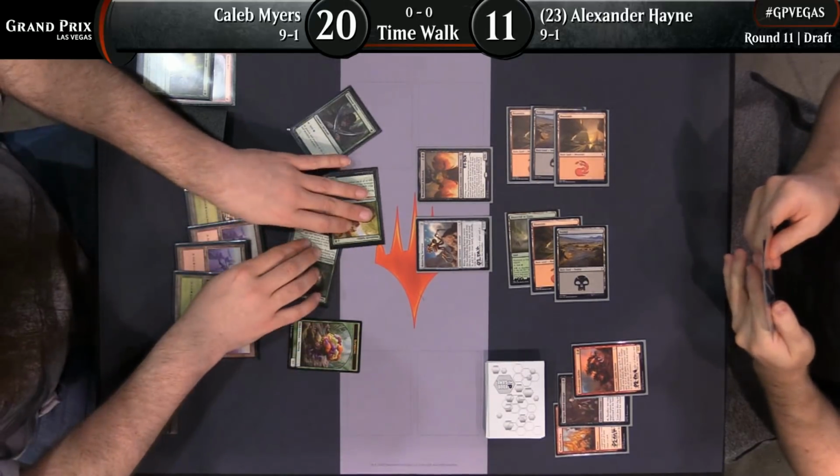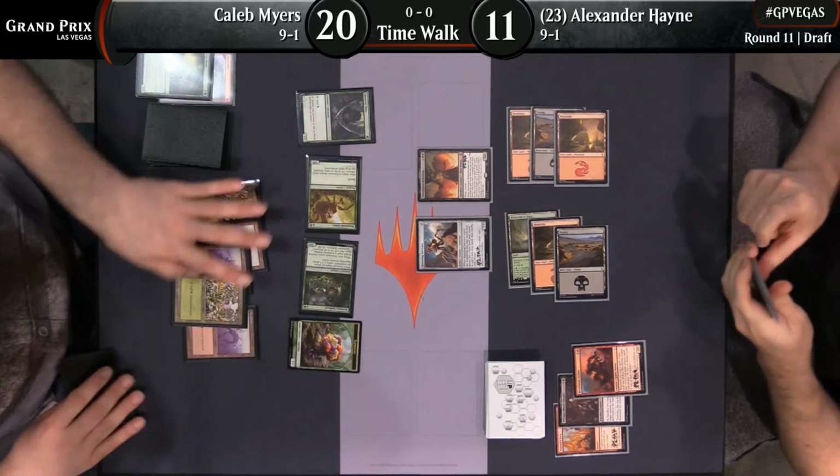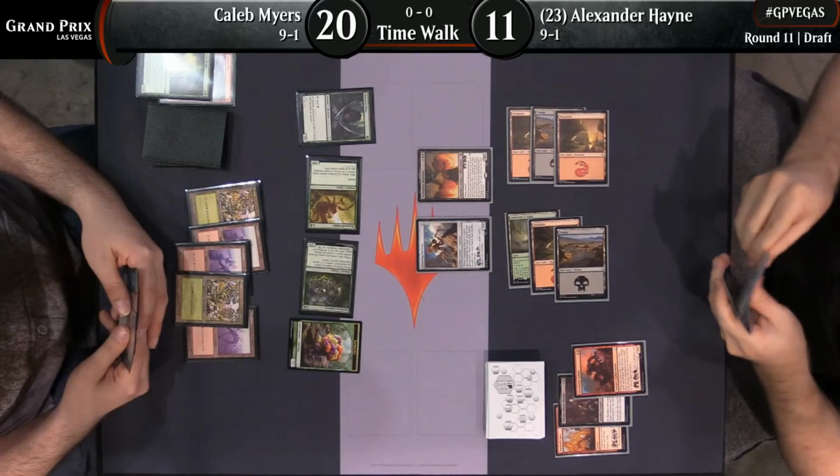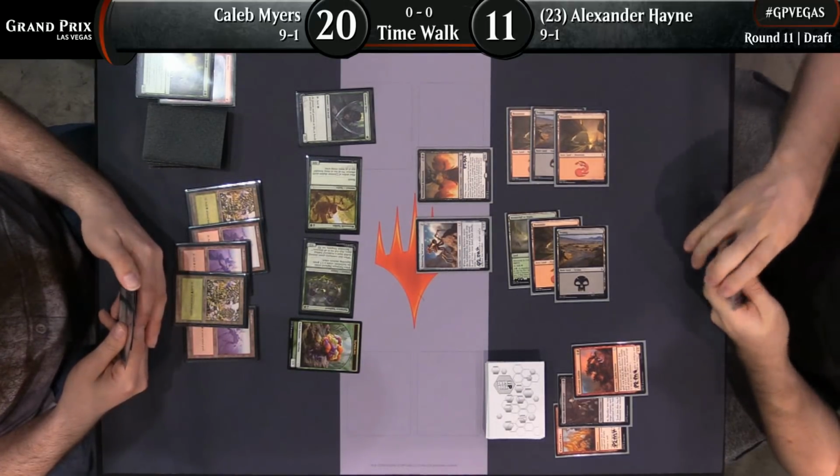All right, Caleb. Green-red, not really good at dealing with the Demon Lord. Yeah, and certainly not game 1 anyway. And you see this attack just screams Gift of Growth, right? He's basically saying...